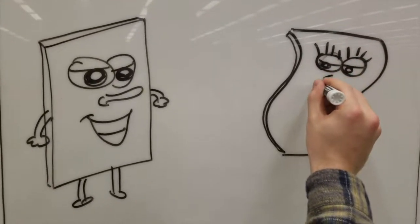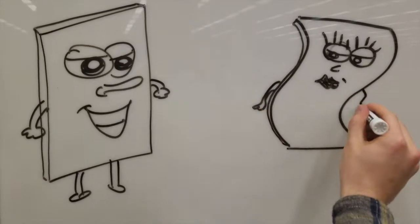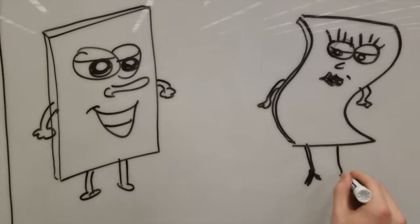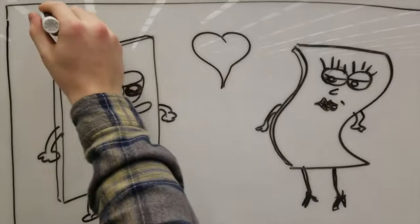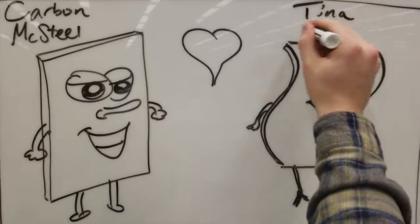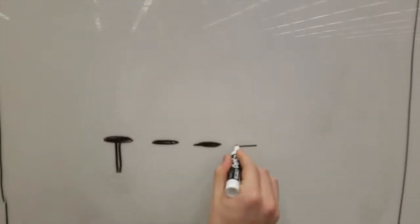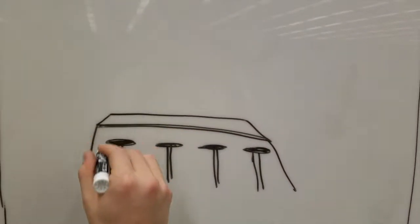It's Tina Titanium. Clearly some great strength and toughness, but she is really known for her excellent corrosion resistance. I've got a hunch that McSteel might be very interested in the corrosion-resistant properties of Tina Titanium, but we'll have to wait and see. Fans have been voting all night to decide where these two lovebirds will share their first